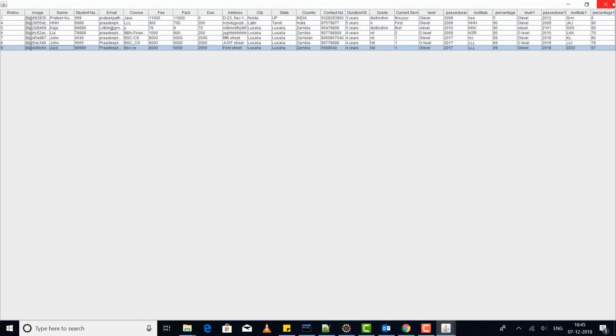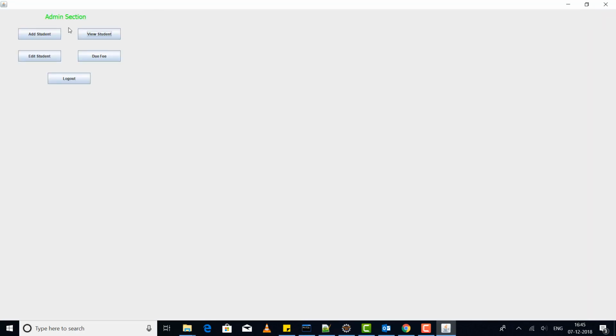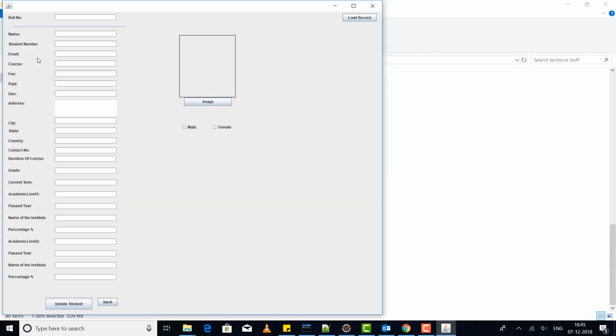Mr. Jack is there, and come back, and you can even say edit student, and you can edit the student based on the roll number. For example, if you say 1 and load record, you'll be able to see the record of student with the roll number 1. And you can change something here and say update,